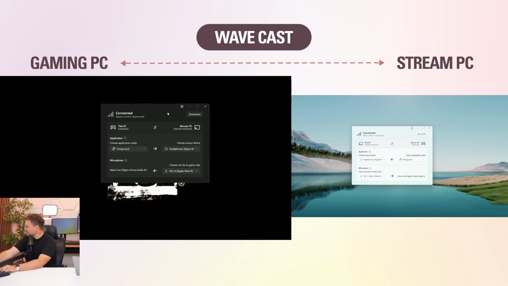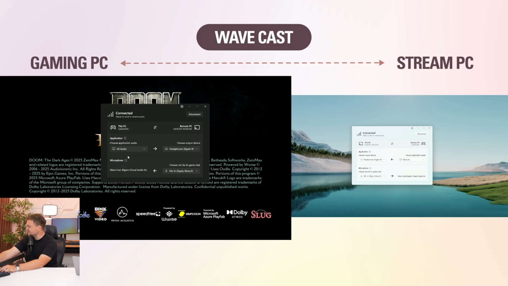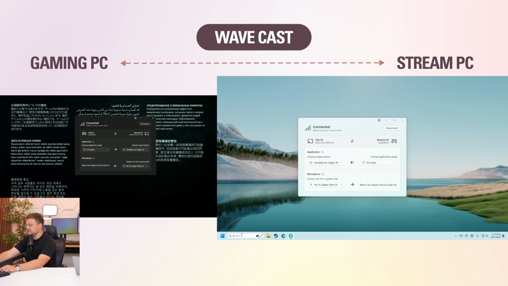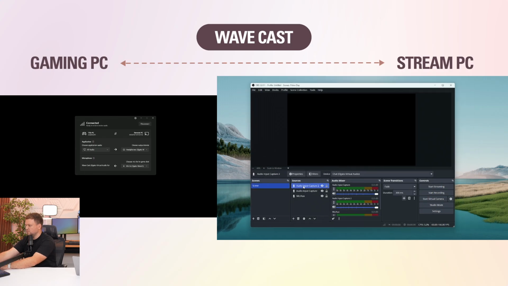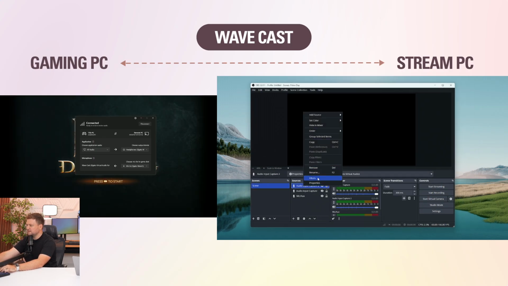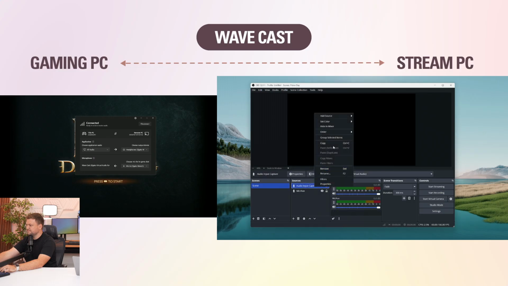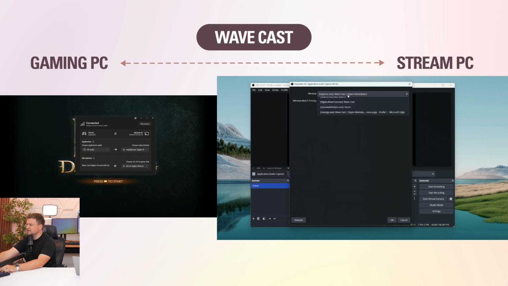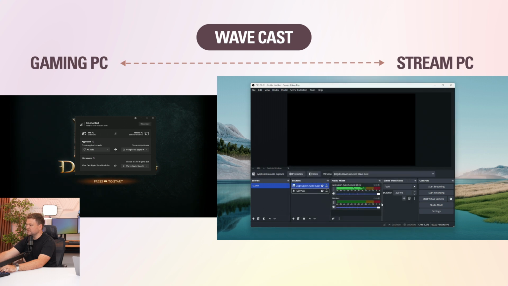All right, so we've now got Doom running here. Again, I could select Doom if I want to, or I can just hit all audio. In this case, I'm just going to hit all audio. And now, if I go in here, I can actually go into something like OBS Studio, open this up, and we'll go ahead and delete our other audio sources here. Remove. We'll do application audio capture. And then here we have Elgato Wavecast. And you can see, boom, right there, we've already got the audio from Doom coming into OBS Studio through Wavecast